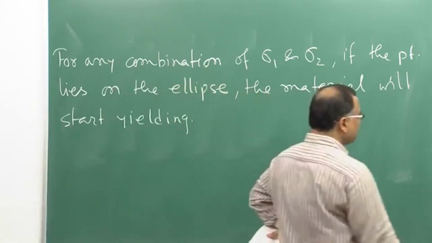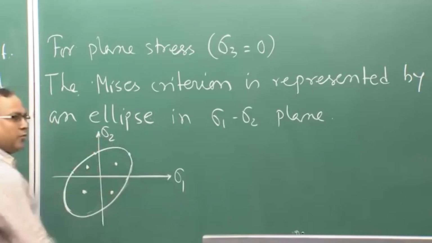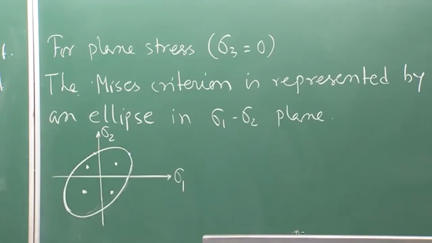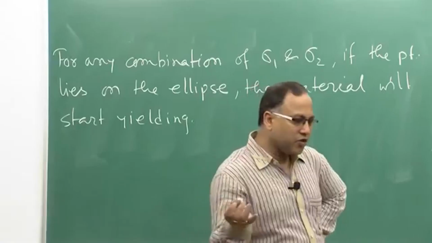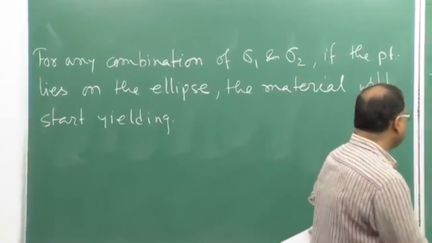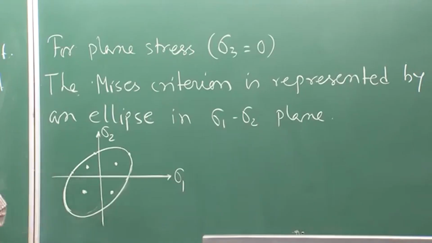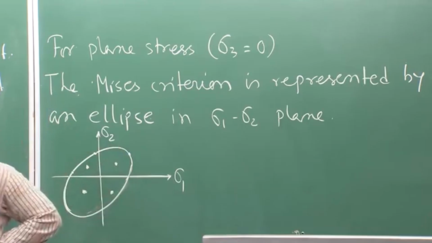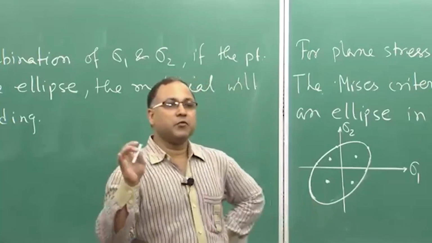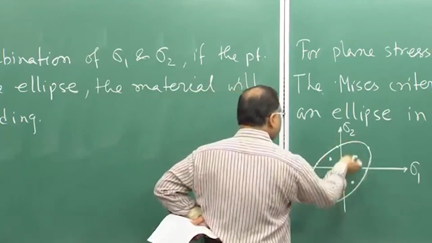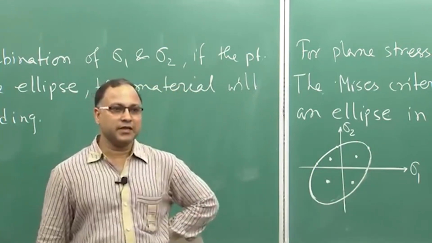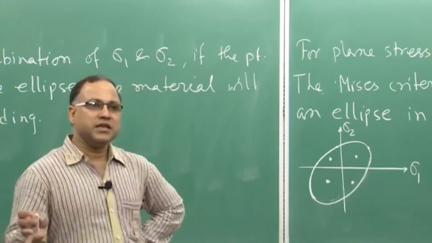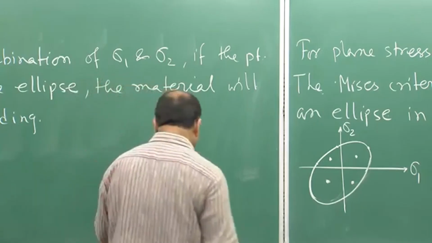So, once you have established this ellipse from the criteria, then for any combination of sigma 1 and sigma 2, you just find out where the point lies. If the point lies within this ellipse, there is no problem, you can go ahead, but if the point lies on the ellipse, then you must rethink, because yielding will initiate. Okay. Similarly, the second criterion,